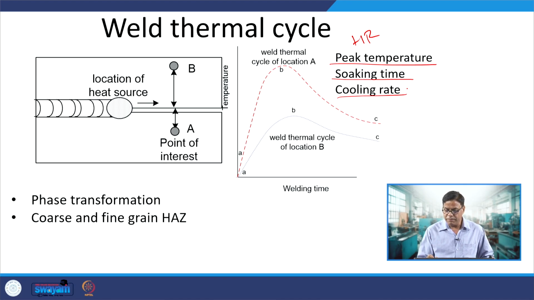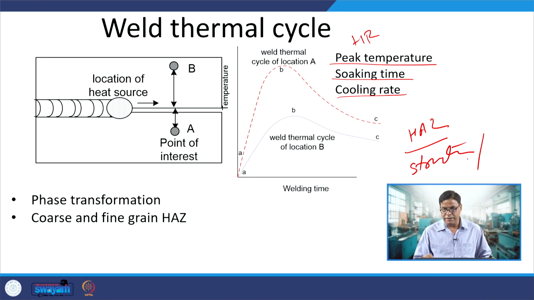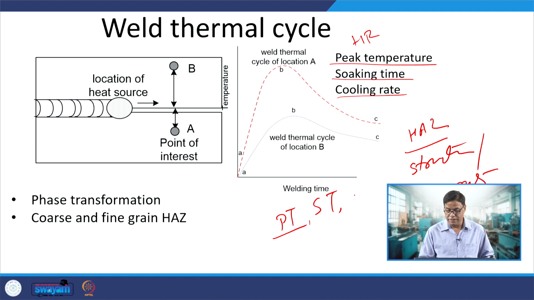There are three important aspects which significantly affect the formation of the heat affected zone, meaning the kind of changes which will be experienced by the metal in terms of microstructure and properties. That will heavily depend on the peak temperature that is experienced, soaking time is another, and the cooling rate is third. So, we need to see these three